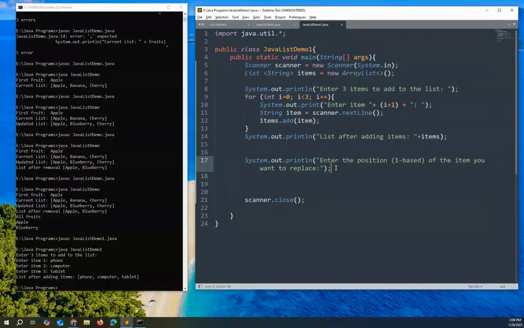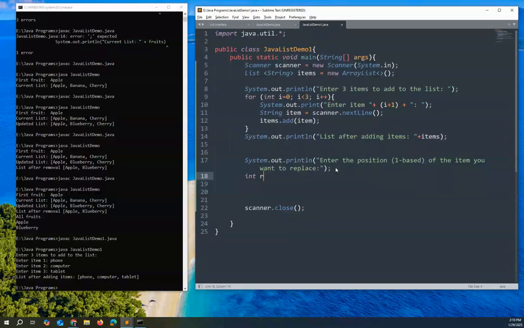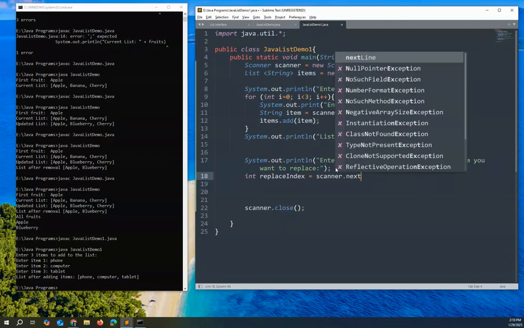Then we will have a variable that will read the position and convert it to zero based index. So in replace index is equals to scanner that next int